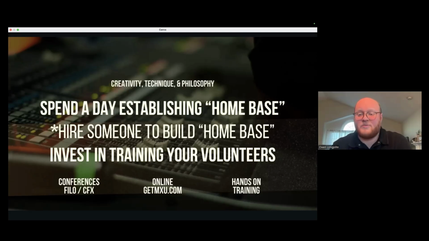And as they're building that base mix, or, I keep using the audio example, maybe it's a video producer who's coming in and tweaking all of your cameras and dialing in your color and working with your video switcher to try and optimize it in some different ways. If they can train your volunteers while they're doing that for you, then it's win-win. Then you're not only getting that base point, that home base, but you're also training and equipping your volunteers in the process.